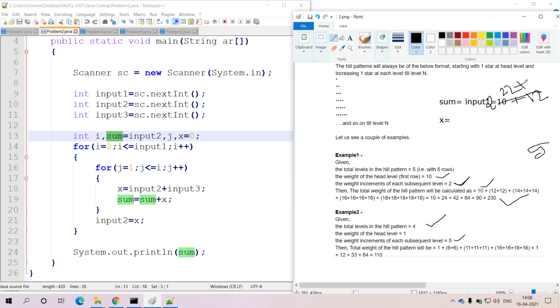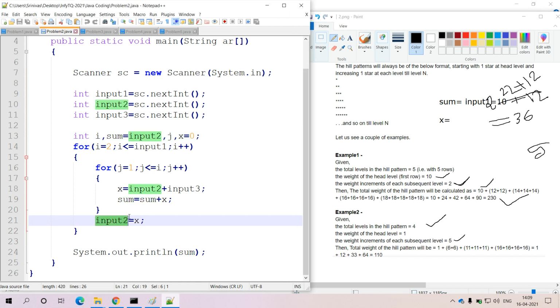It is the updated value. For the 22 we are going to add 12. That means finally here 32 we are going to get. Likewise, if you are going to iterate this inner for loop one more time, the j value will become 3. 3 less than or equal to 2, condition fails, so we need not execute the inner for loop and come outside, and within the outer for loop we have one more statement.